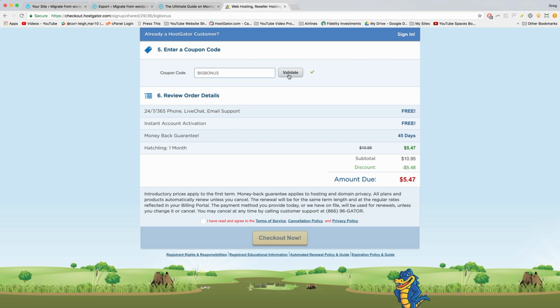Clicking Validate just makes sure that the coupon will be working, and we can see our discount now down below of $5.48, which is 50% of the hosting cost right here, that $10.95. And HostGator even gave us that extra penny as a discount. So that's pretty cool. The amount due is only